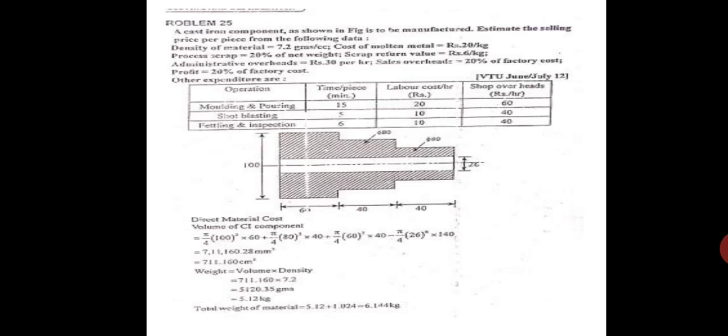Then secondly, after the factory you have got the office administration. Factory cost plus administrative cost becomes the office cost. And after the office, you have got sales people who will do all the sales and distribution. So total cost is equal to office cost plus the sales and distribution overheads. And lastly, the selling price, that is the total cost plus the profit. Because the profit is given as a percentage of factory cost, we have taken 20% of 145 rupees, that is the factory cost. So this is how the problem has to be solved.